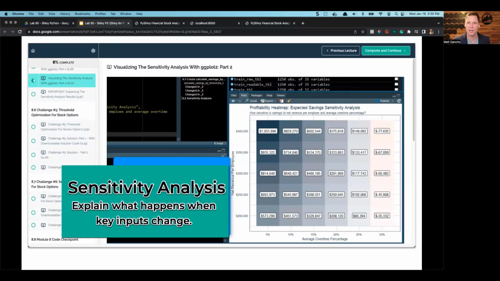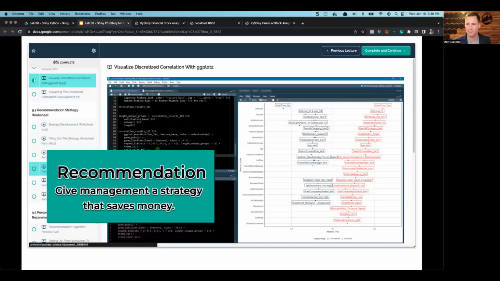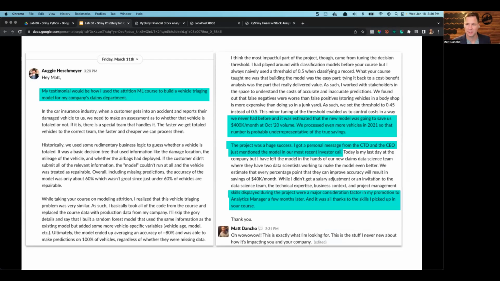When the models change, how's that going to affect your expected savings? Okay. You're going to learn how to make a recommendation to give management a strategy that saves them money. And let me give you an example of what happens when you take this course, or what can happen. This is Augie. He's a student in my course, and he applied what he learned in this course, and it saved his organization